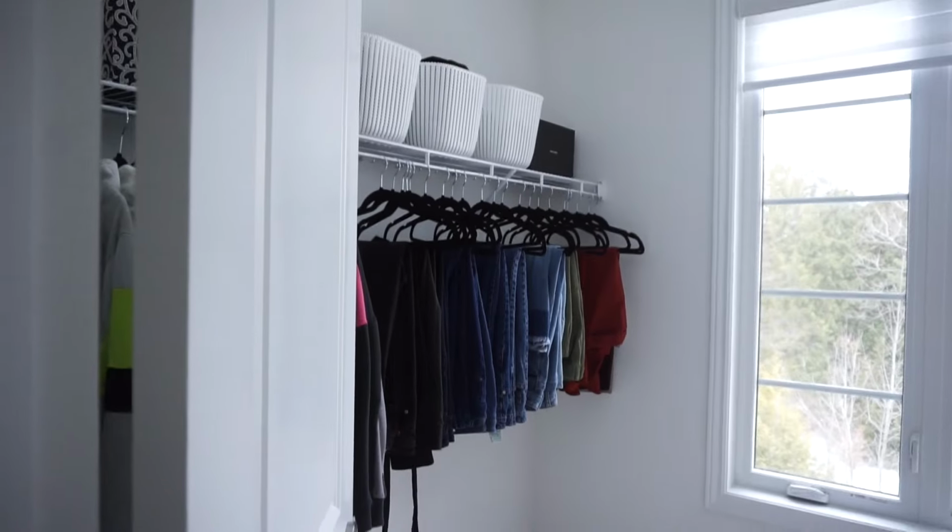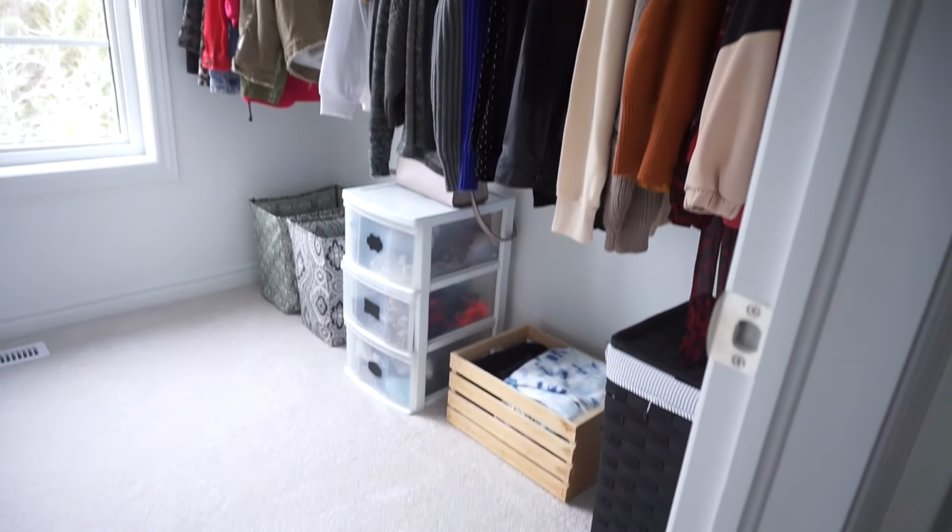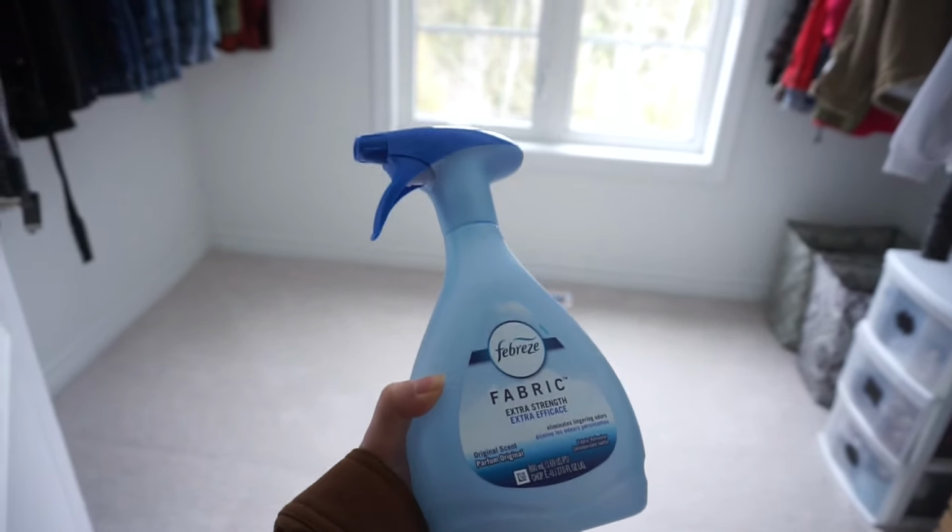My closet, it looks so clean. This is what it's looking like on this side. And then over on here, this is what it is looking like. I'm just gonna go ahead and